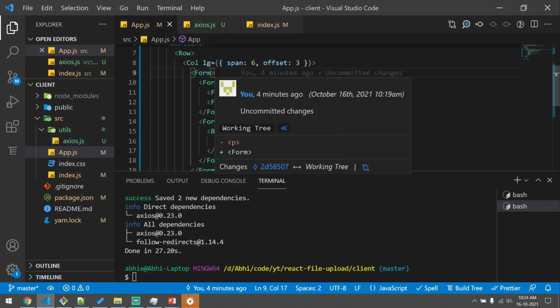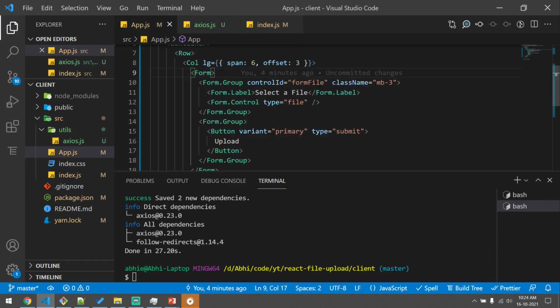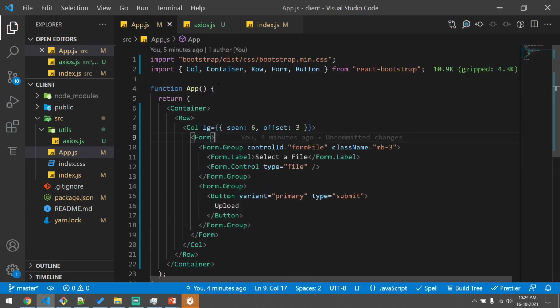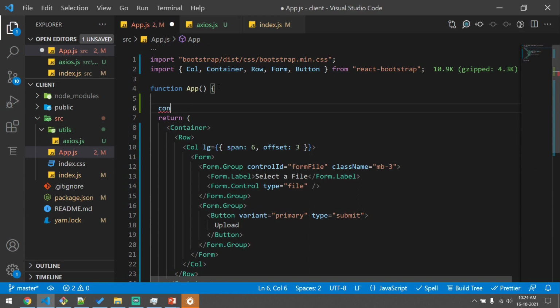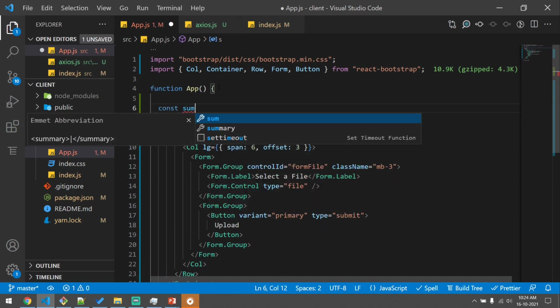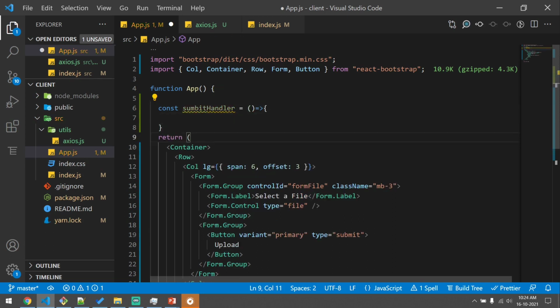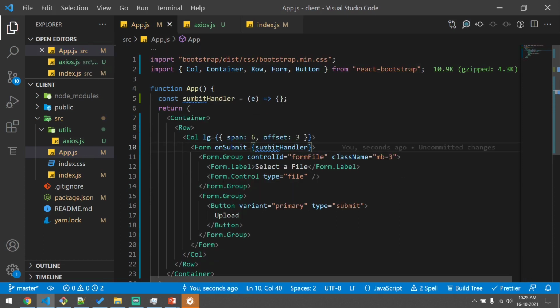We have this form here, but we are not doing anything with the form. Let us add a submit handler for this form. Let me just write the submitHandler function. Let me receive the event as a variable e, and let me bind this to this form. onSubmit equal to submitHandler.